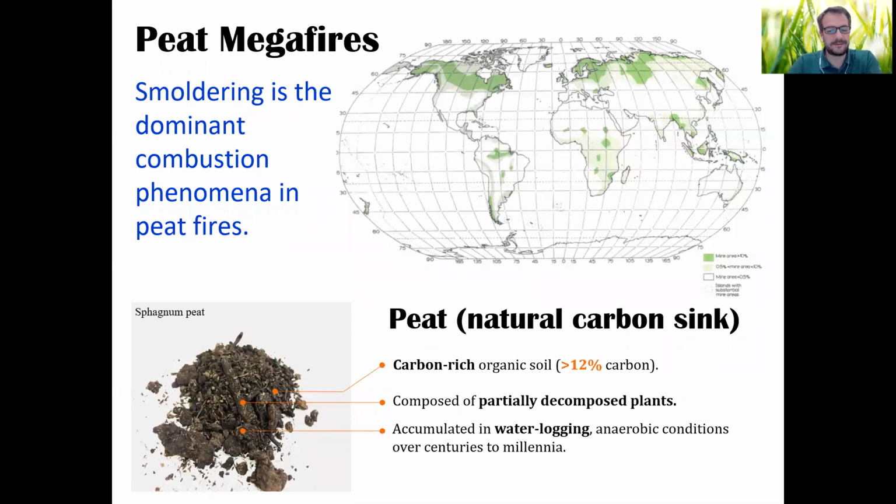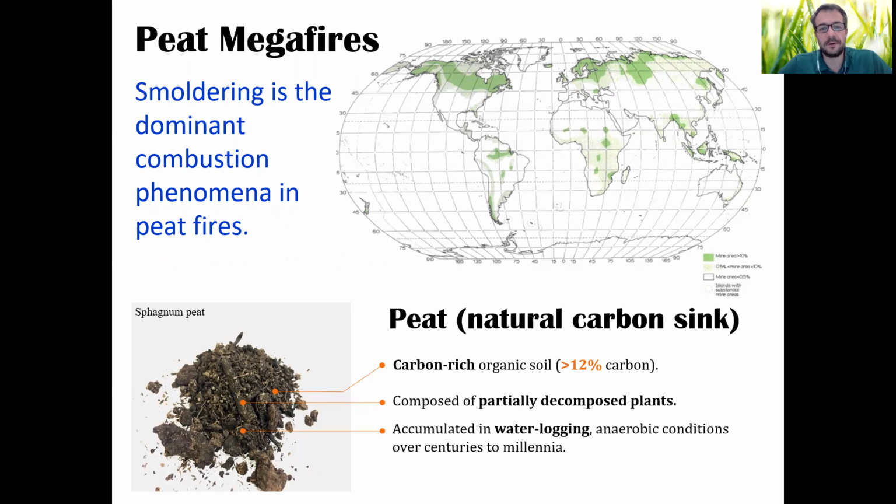When we look into the natural phenomenon of smoldering, one thing that immediately called the attention of people studying wildfires is that it is the cause of very, very large fires. These are peatlands. Peat, as many of you will know even better than me, is a natural carbon sink invented by nature, where it stores a former forest, a former vegetation, in waterlogged conditions such that it doesn't degrade, it accumulates, it increases density, and it stays there for thousands of years. If it were to stay there for millions of years, it would actually become coal.